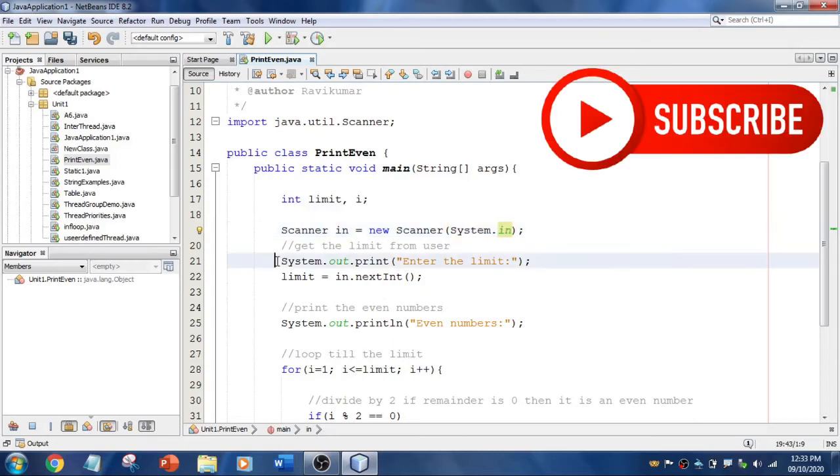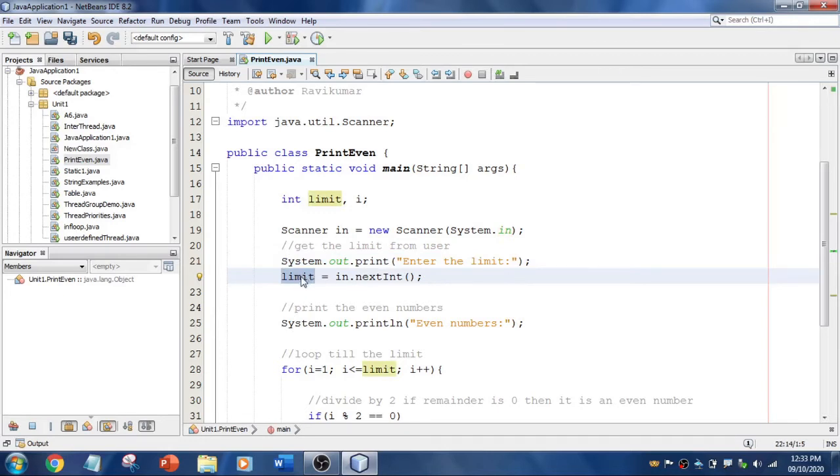First I'm asking the user to enter the limit. We type something through the keyboard, and that input should be stored in this variable called limit. So limit equals, using the reference of the Scanner, dot nextInt.